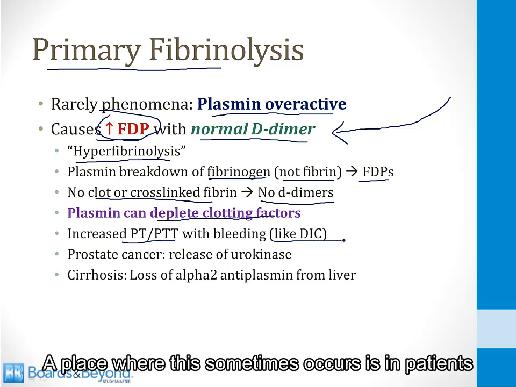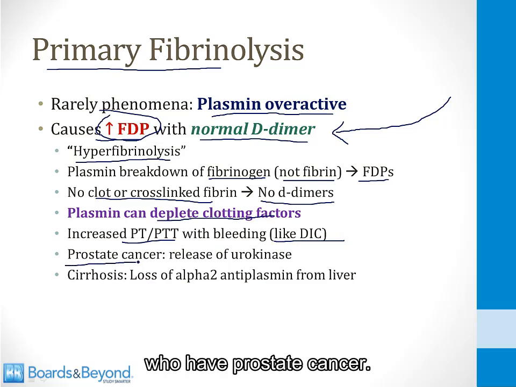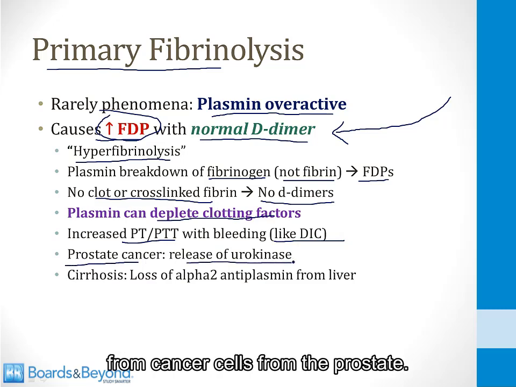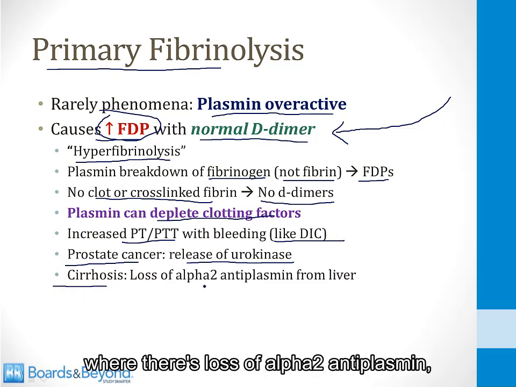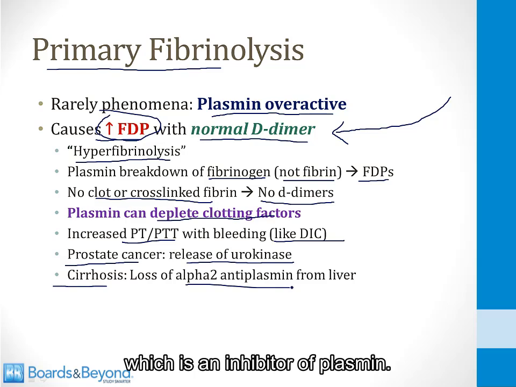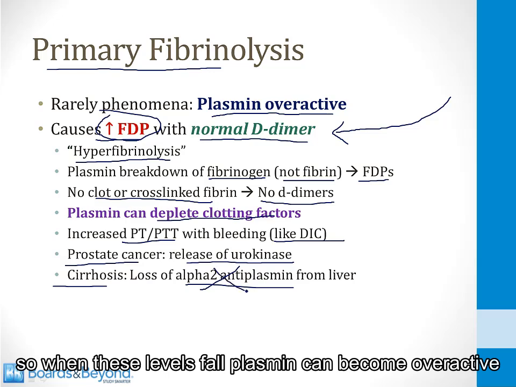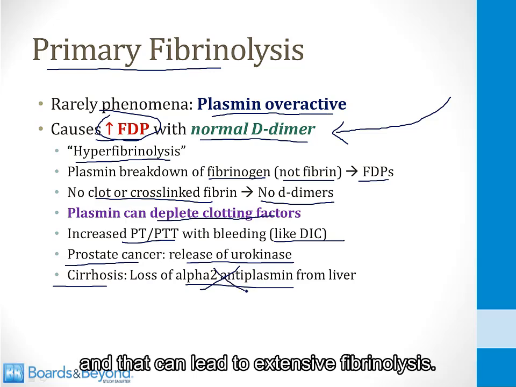A place where this sometimes occurs is in patients who have prostate cancer. There can be release of urokinase from cancer cells from the prostate. This can also be seen in cirrhosis, where there's loss of alpha-2 antiplasmin, which is an inhibitor of plasmin. It's produced by the liver, so when these levels fall, plasmin can become overactive, and that can lead to extensive